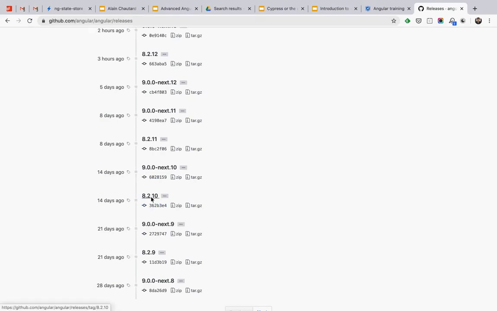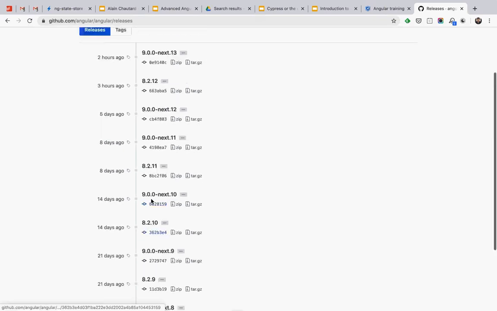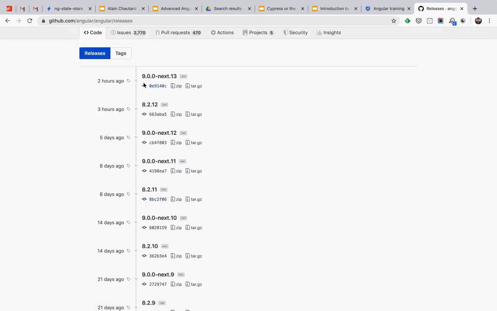The minor version, so the one in between, the 0.2 in 8.2.10, this one increases once a month maximum. So when they have new features that are interesting to release and they don't have any breaking change, they just do a +1 on this minor number and release it once a month. And then every 6 months we get the +1 on the major version, so 8 to 9, and this is going to happen very, very soon.